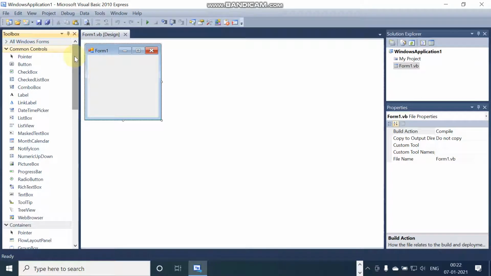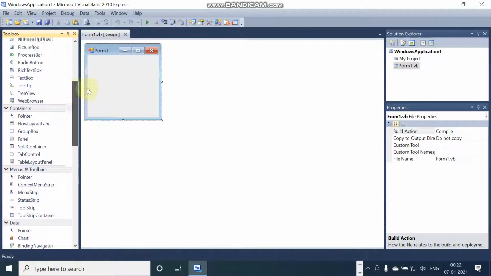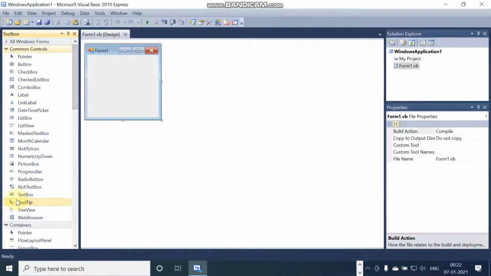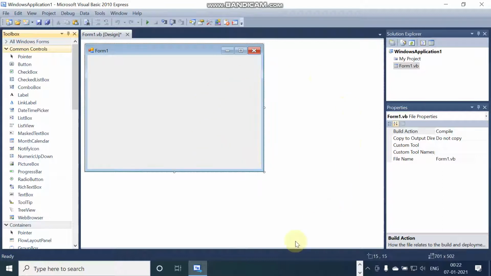Visual Basic 2010 Express is also a very latest Visual Basic edition, and here we are having multiple tools. Here all the toolboxes are there in the toolbar. Now this window is called the form window. We can expand a form in the form window area, and at the right hand side you can see here